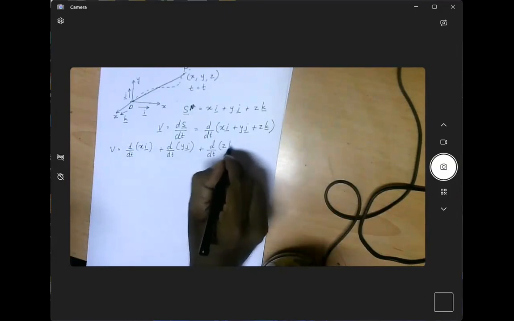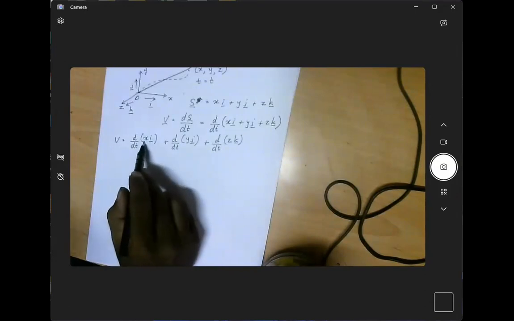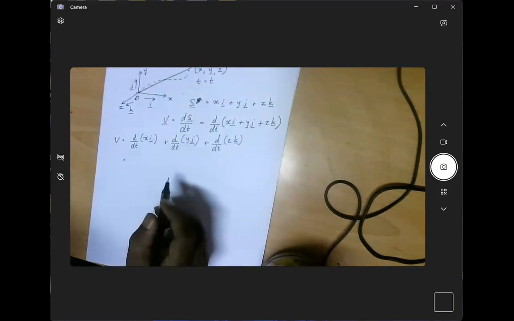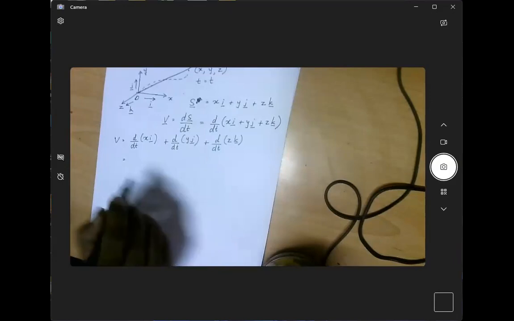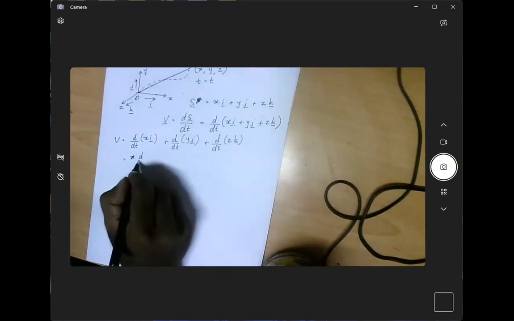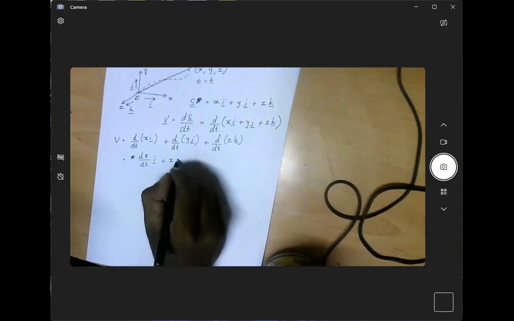Now you have two quantities, x and i, right? x times i. So you have to use what? Differentiation of two functions, u and v. Then how this should come is x times i differentiated as dx over dt into i plus x di over dt,